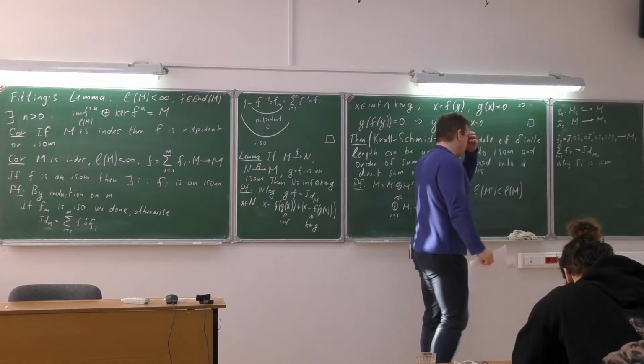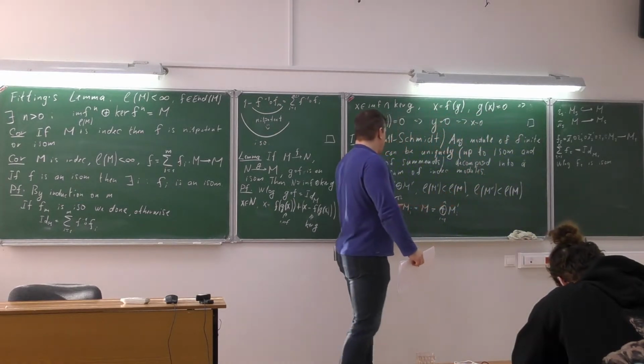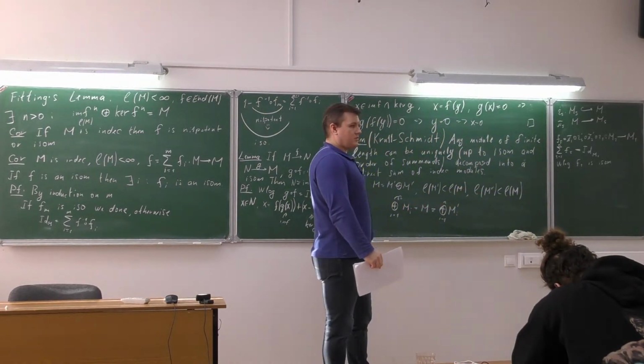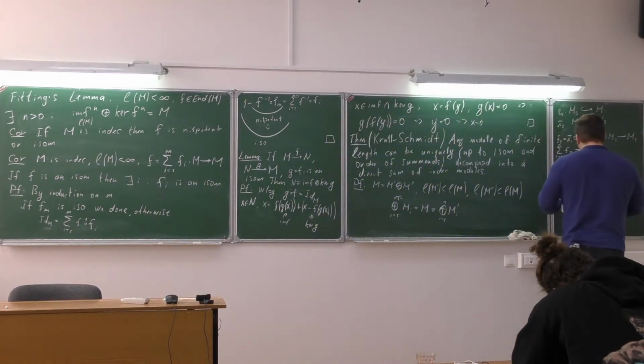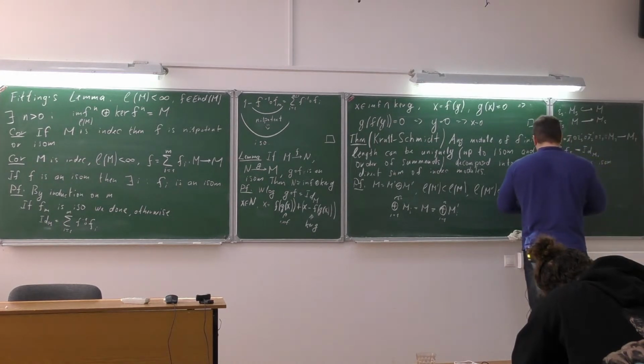Otherwise, if it's not F1, I just change the indexing of my decomposition. Okay, F1 is an isomorphism, and so then